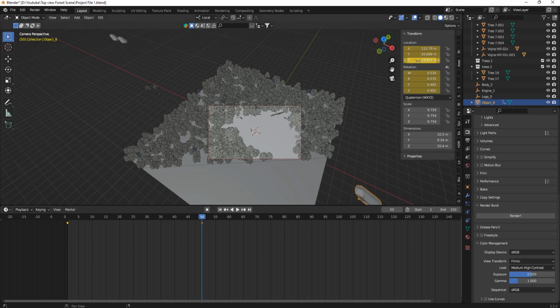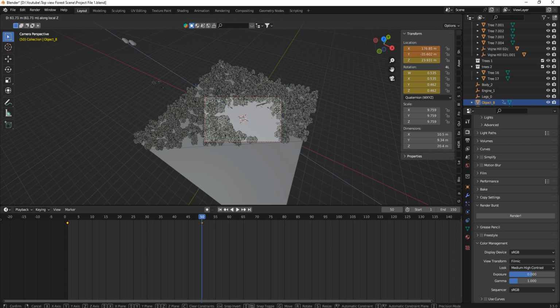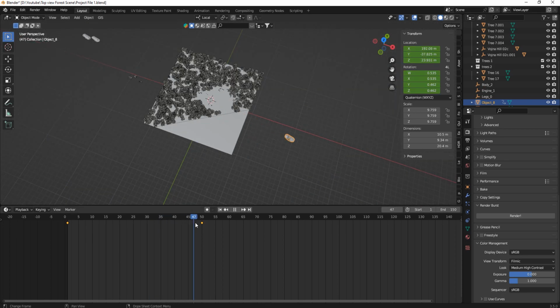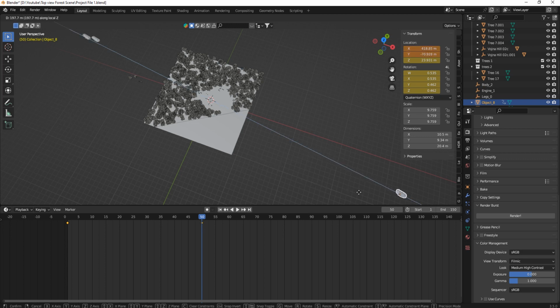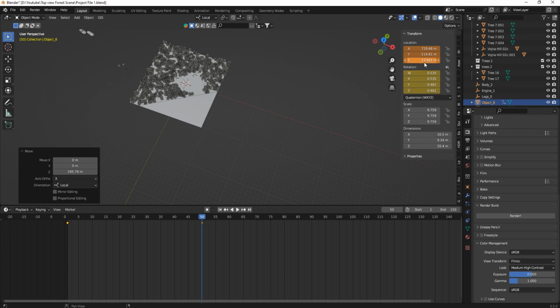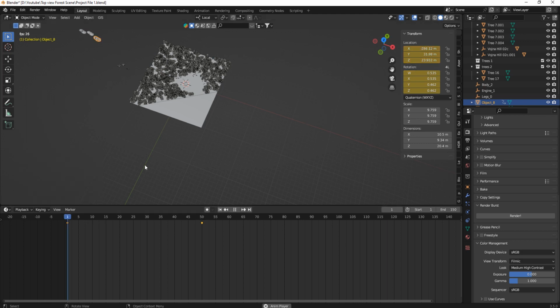So what I can do is just press GZ and then maybe move it like this. So press GZ and then press I. As you can see, it's faster. Maybe I can press GZ and move it like this, and then press I. I'm going to press GZ and just move it a lot further. Go to the 50th frame before you change the location of this one. Press GZ and move it like this and press I. And then if I go to the first frame and press play, as you can see, yeah, the speed